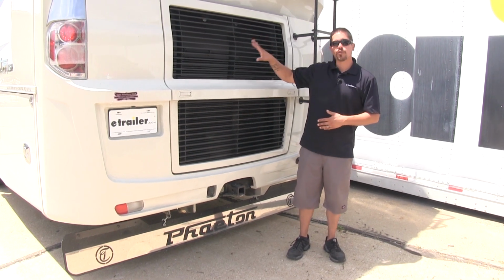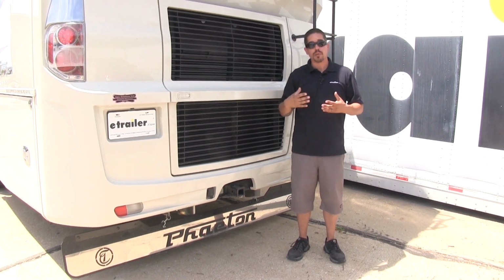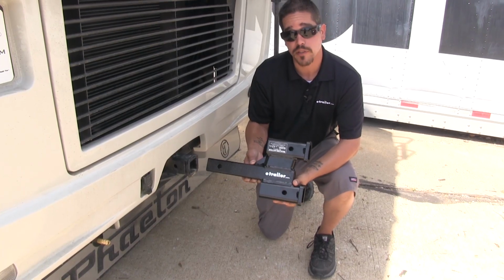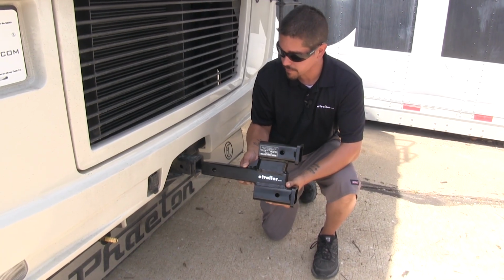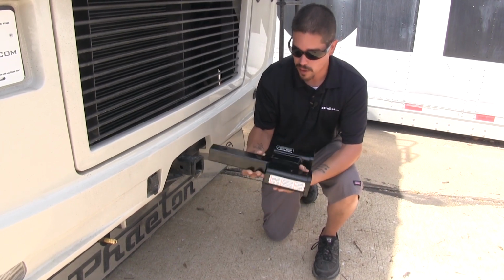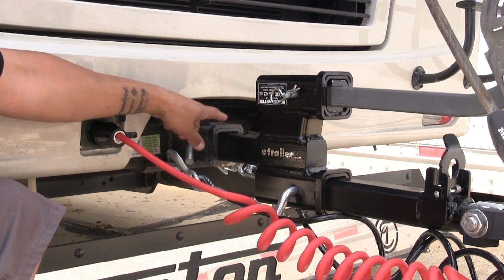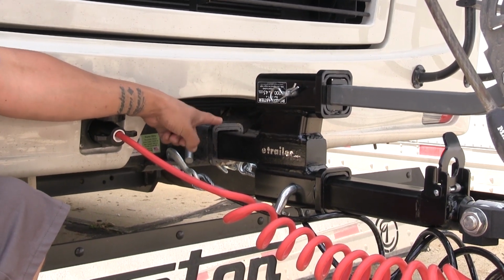We don't want to take up any more room than we have to on the inside, and putting a bike inside our vehicle can be a problem as well. That's where our Roadmaster Dual Hitch Adapter is going to come into play. Now this can be either in the rise or drop position. Our Roadmaster series of dual hitch adapters are going to fit into a 2" by 2" receiver tube opening,